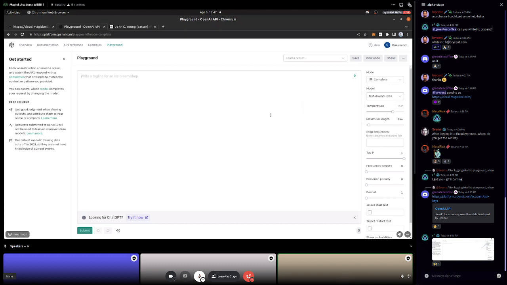The way the temperature works is a temperature of 0 is essentially considered fully deterministic, because it counts the full weight of every next token. So if I type count from 1 to 10, 1, 2, well, what do you think is going to come next? 3, of course.